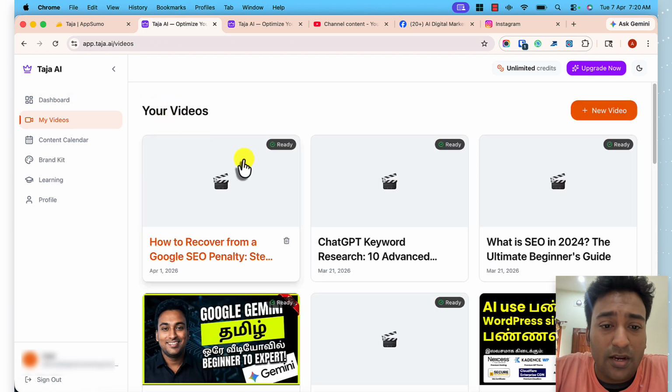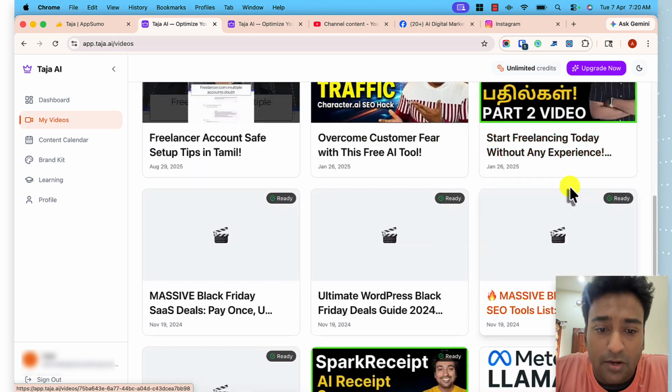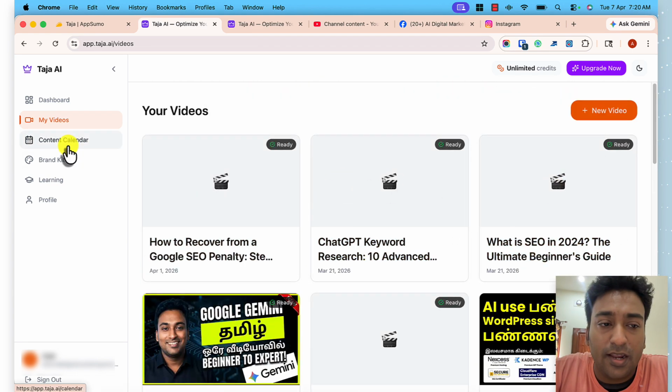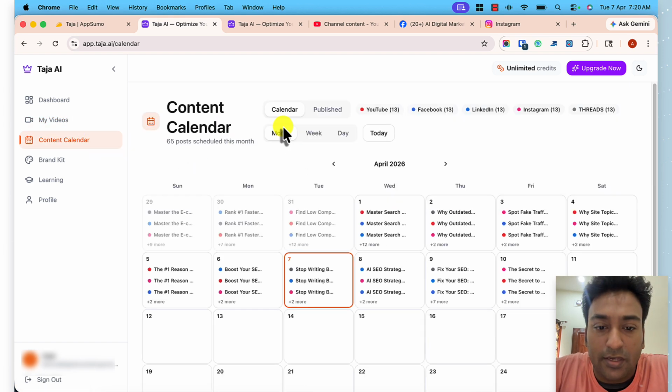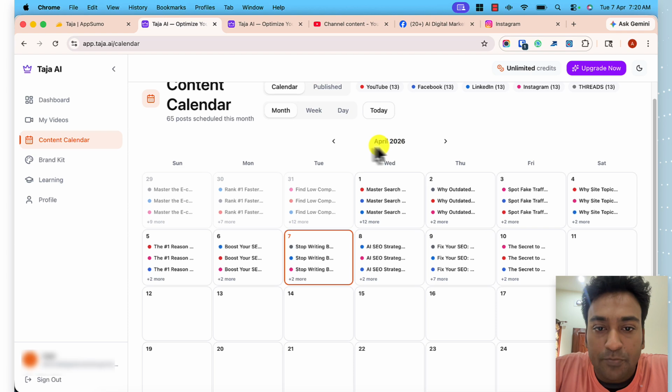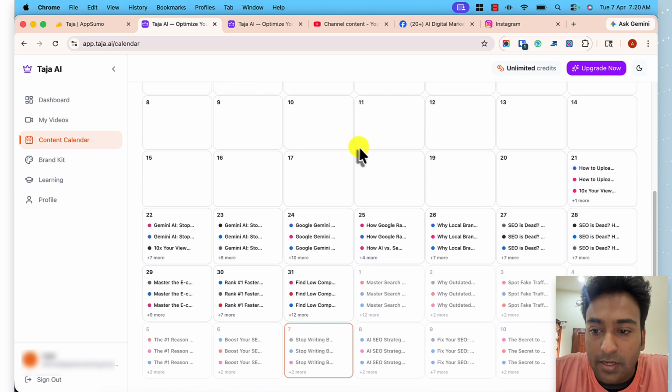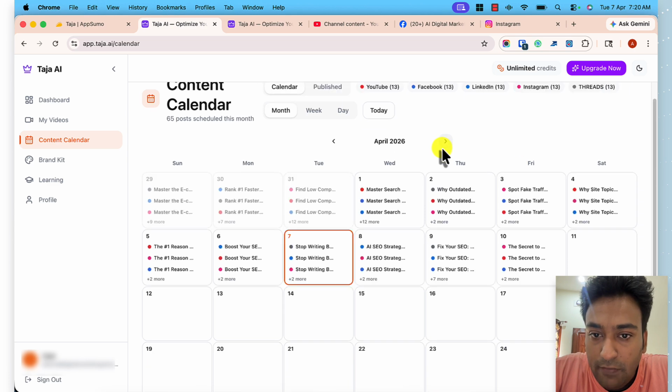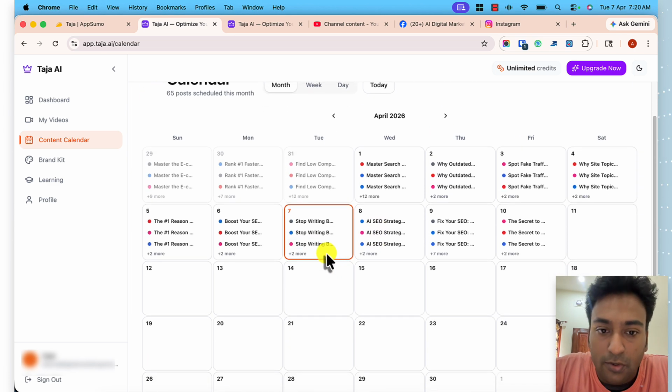And once you start, you can see I'm using it a lot. Once you start doing the scheduling, you get access to see the data within the content calendar. So you can see what my content calendar looks like. I started using it on the 21st, and all the videos which got scheduled and automatically published, it will show me. And even today some scheduled videos are going to my Tamil YouTube channel, and up to the 10th